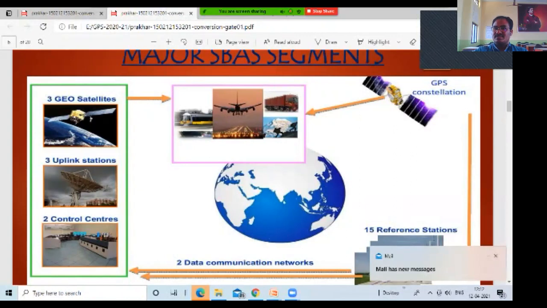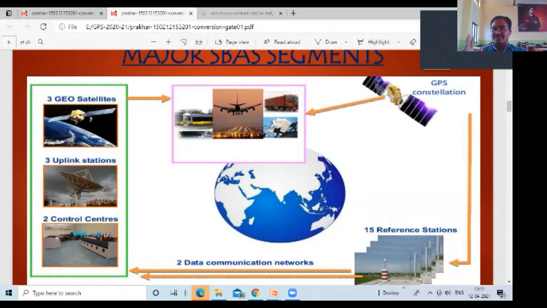15 reference stations. Just before we have seen the GPS system of America used 6 reference stations placed in 6 cities of America. But our GAGAN, the Indian technology, is using 15 reference stations which are located in various parts of the Indian continent. And it is basically using the GPS constellation, that is 24 satellites or 31 satellites, whichever is provided by the US Department of Defense. The same satellites are taken, but the process of augmentation is different.